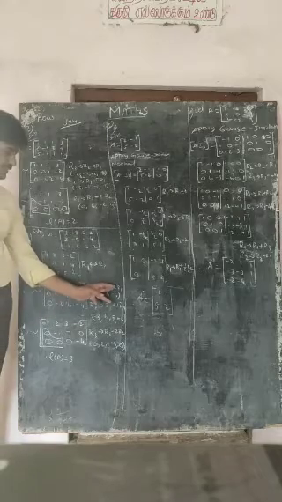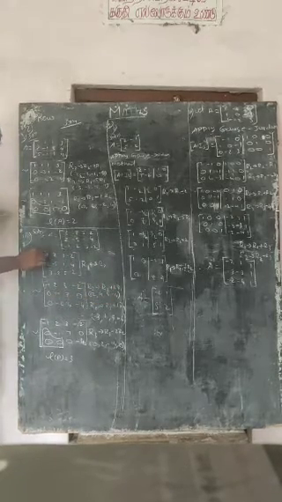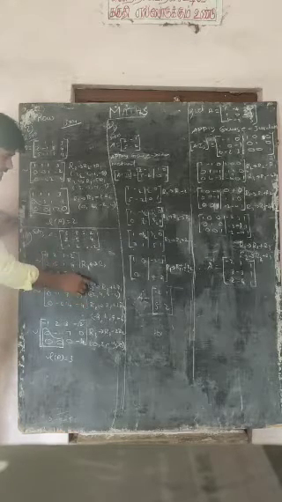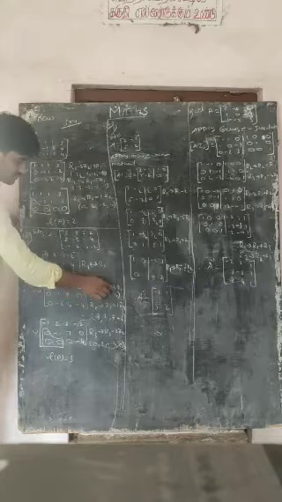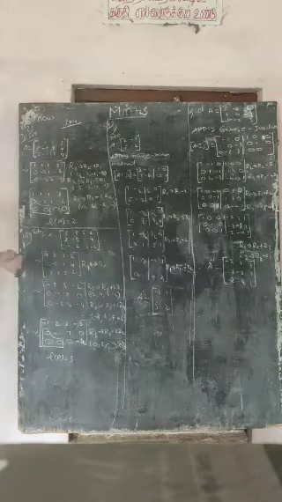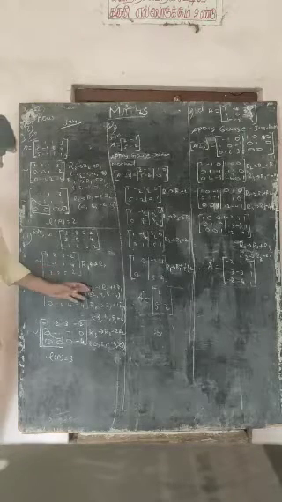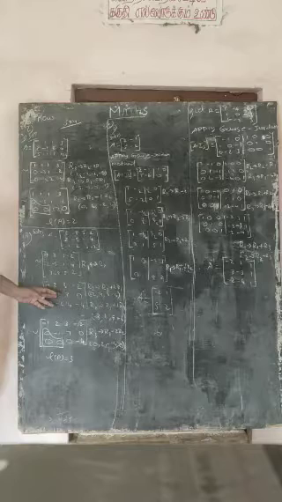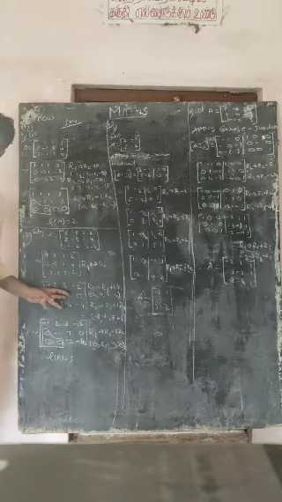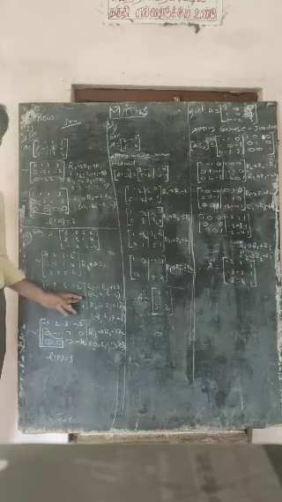R1 has to be multiplied by positive 2. Here your term is minus 1. Multiply with 2: 2 1s are 2, minus 2, and 2 2s are 4, 2 3s are 6, 2 2s are 4, minus 4. Now making a subtraction: 2 minus 2 becomes a 0, minus 5 plus 4 becomes minus 1, because the sign is changed, and 1 plus 6 goes to 7, and the term 4 minus 4 becomes a 0.